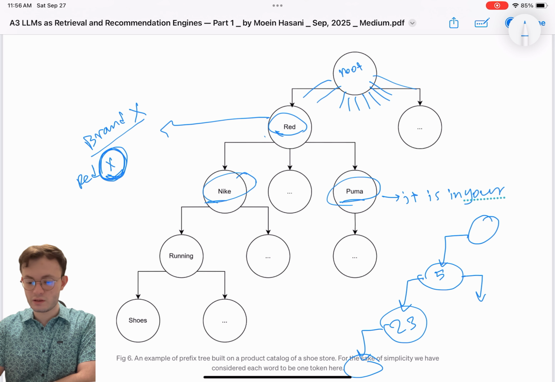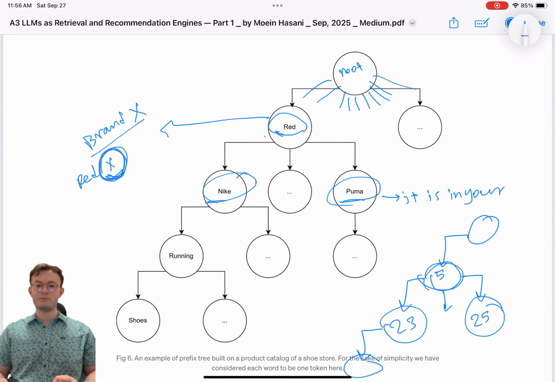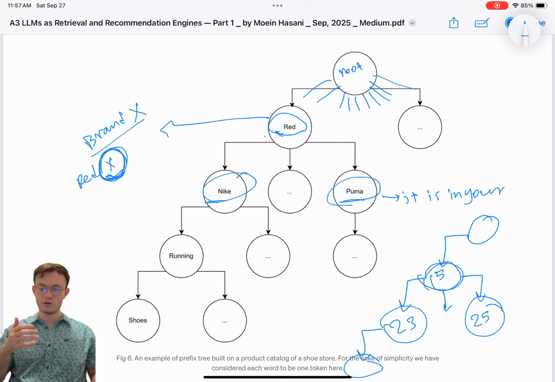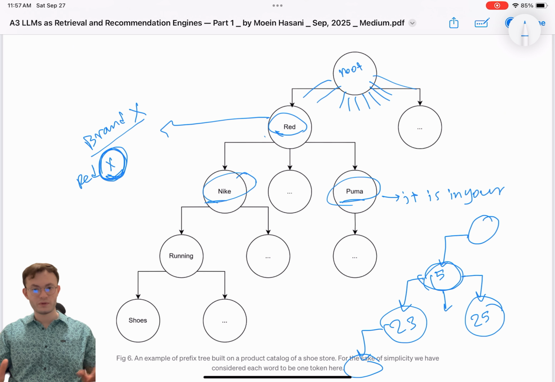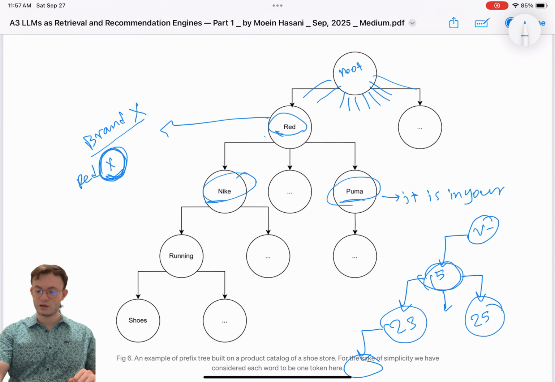Instead of red Nike shoe, it could have gone for Puma or something like that. It could have gone to 25, but LLMs will only output numbers rather than anything else. So you make sure the LLM doesn't output anything random, and that the ordering of numbers is valid. It cannot output, say, 2,100, then 30,000, right? It never happens, because when it's starting from the root, it can only go to 5 or 1 or something like that.